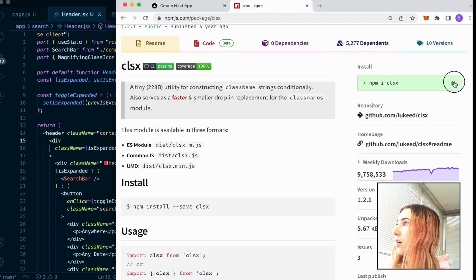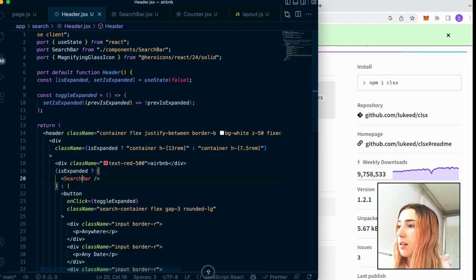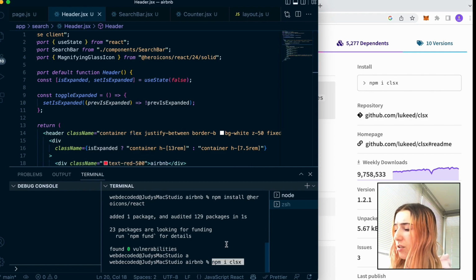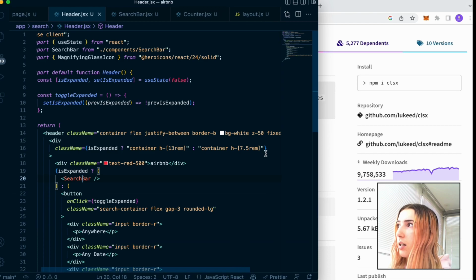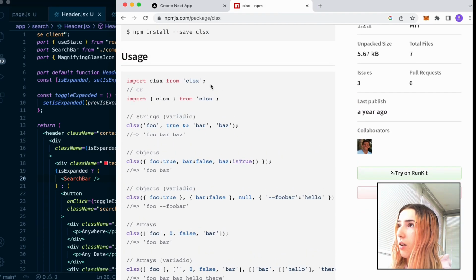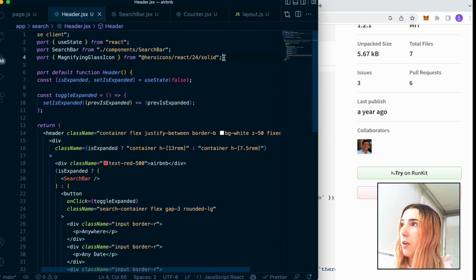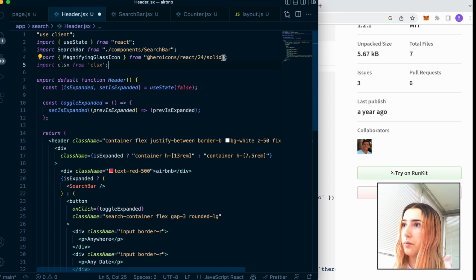And first let's install this class name manager, so to say. And once we have that, we're gonna import it at the top. So that is how it's done. Either import works,